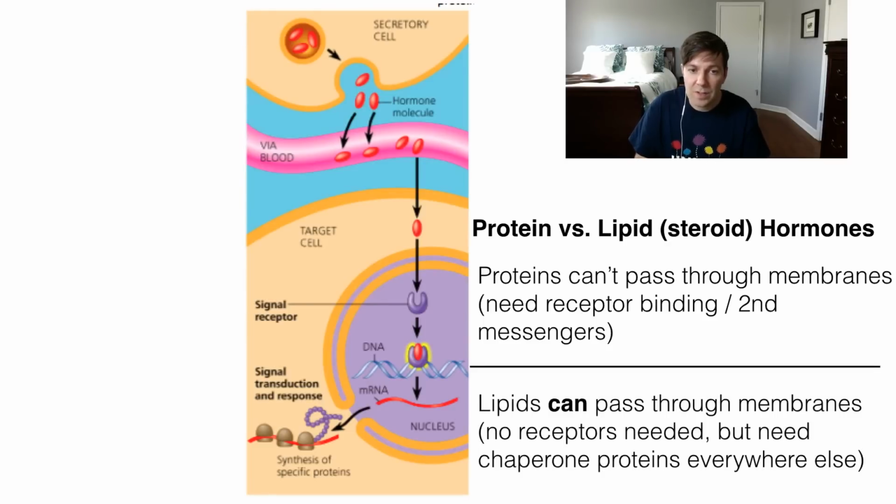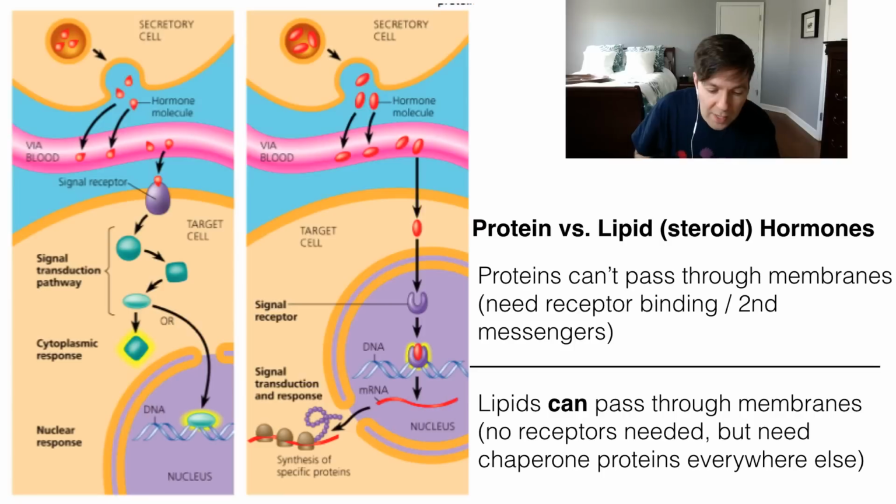Steroid hormones, they can go right through membranes, but they don't dissolve very well in the blood because that's mostly water, and they don't dissolve well in the cytoplasm. So they need a chaperone protein to get to the cell, and they need another chaperone protein to get across the cytoplasm. In both cases, though, your goal is to get a signal from outside the cell into the nucleus